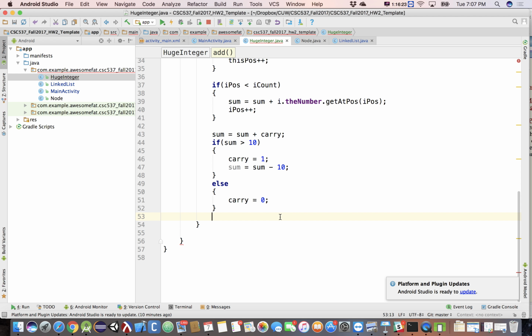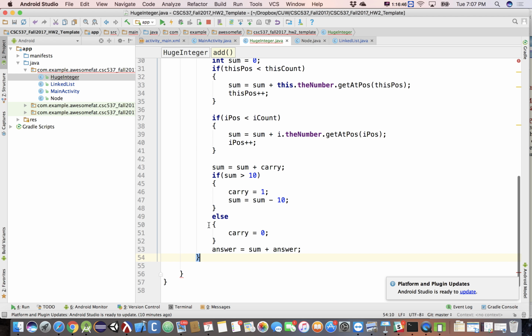All right, so sum is the number I'm going to tack onto my string. So I'm going to say answer is equal to sum concatenated with answer. That's how I put it onto the front. So here's my number first, here's answer, go after it. Make sense? So now, after this while loop is done,